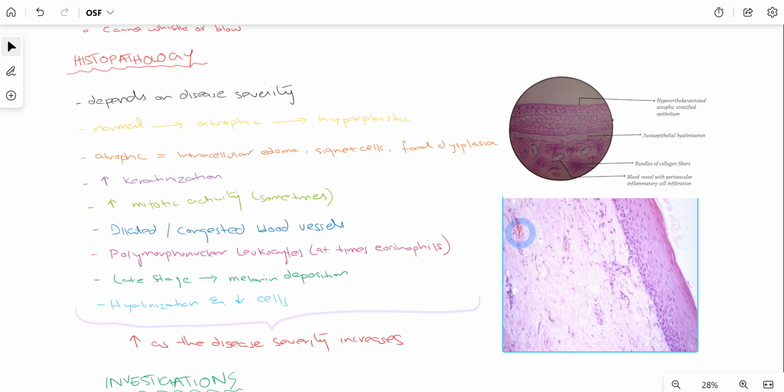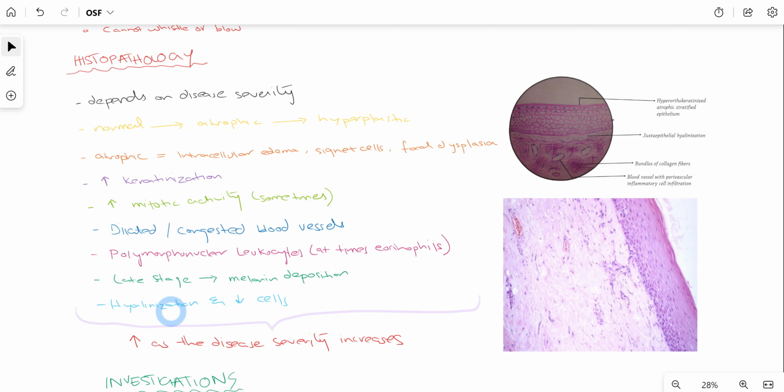Next, blood vessels. As you can see, we can hardly appreciate any blood vessels over here, but in patients, these blood vessels are either dilated or congested, and in severe cases, these blood vessels can also be obliterated. In this diagram, you can see how blood vessels normally appear. This is a diagrammatic representation. This gives us an idea in histological pictures whether we can appreciate blood vessels or not. Now, polymorphonuclear leukocytes will also be excessive in number initially, but as the disease progresses, there will be more lymphocytes and plasma cells. In late stages, there can be some melanin deposition as well.